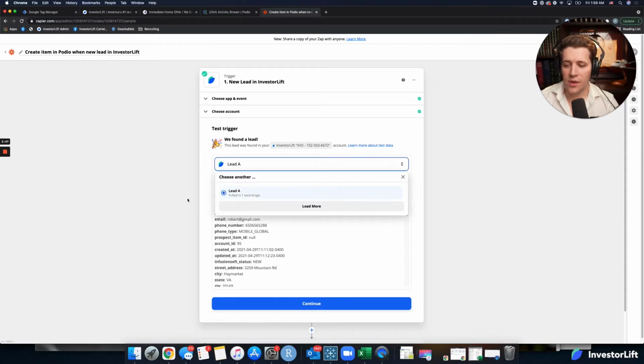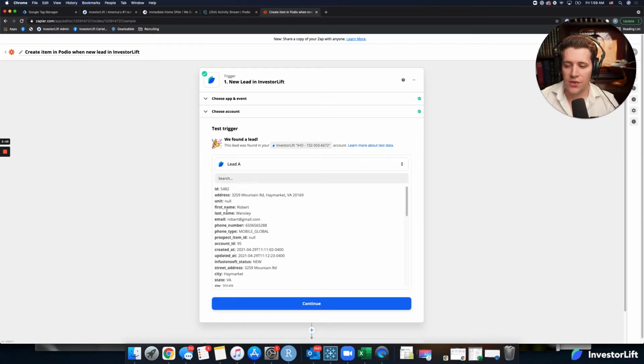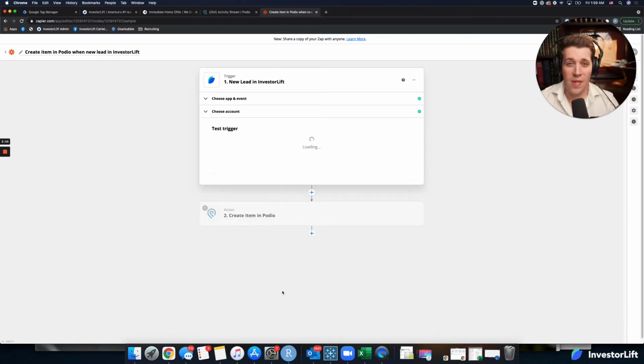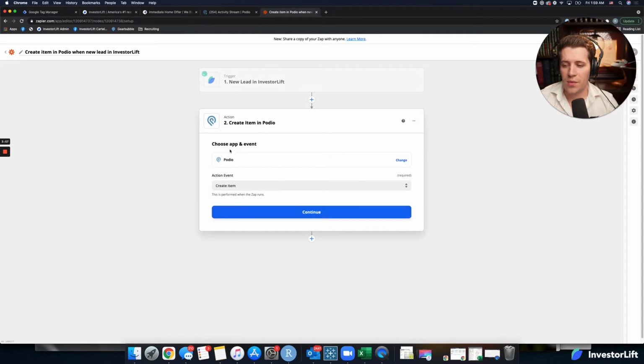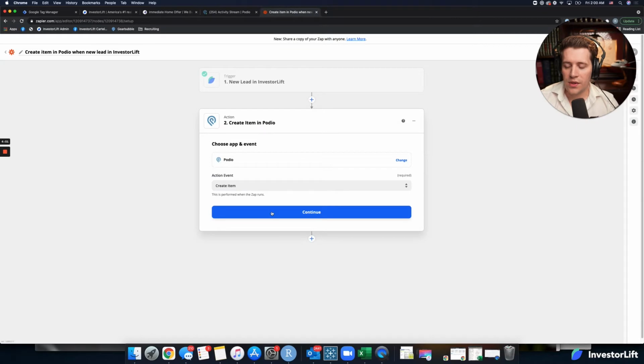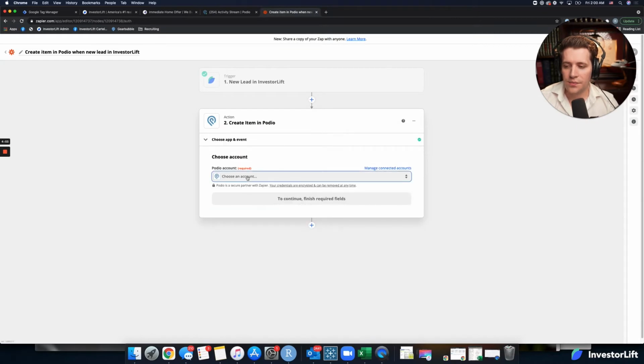So we can see, okay, we got a sample lead here that I pushed through earlier, Robert Wensley, and I filled out all the data. And what we're going to be able to do now is take that test data and map it to our fields in Podio. So Podio, we got Podio here. What we're going to do is create an item, click continue, choose an account, choose our Podio